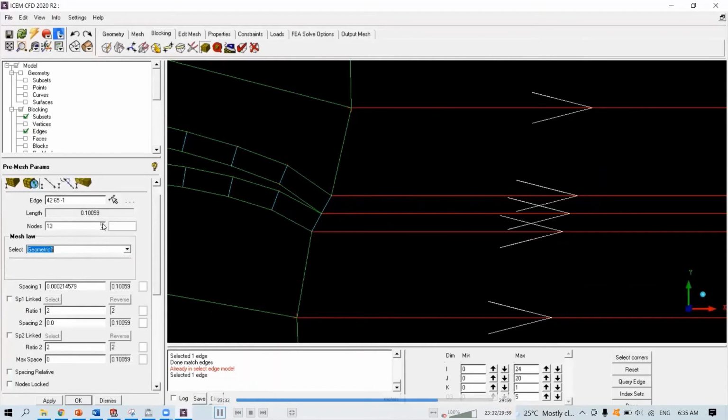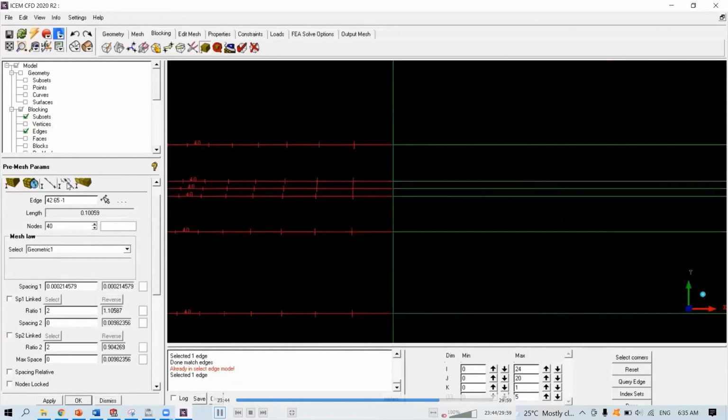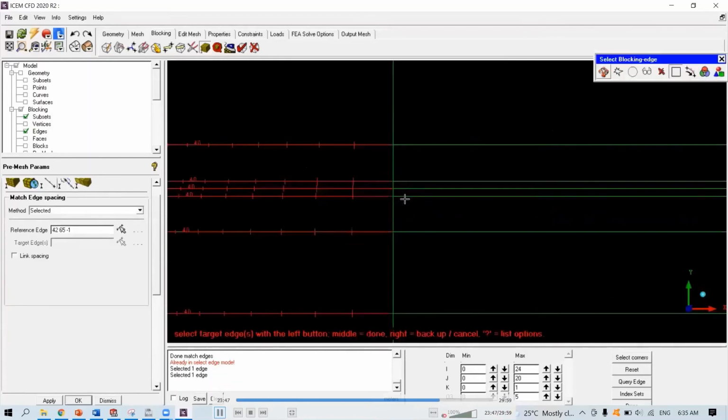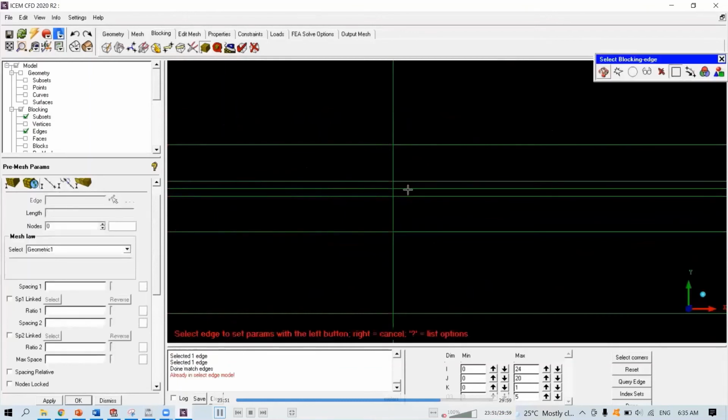Just increase the number of nodes to what you feel fit. About 30, I'm going to get a ratio of 1.16. What about 36 nodes? 40, 1.1. That seems okay because near the airfoil, the wake is where a lot of interesting things happen. So we need a lot of nodes over there.